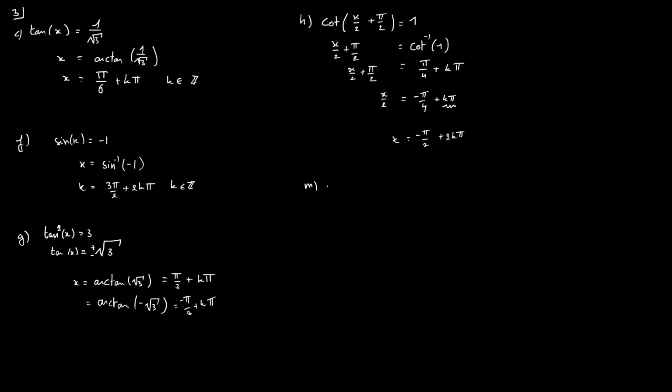In this case, you say sine squared of x plus 4 cosine x minus 4 is equal to 0. You might think, well, something squared plus some kind of function, not squared, minus a constant, that looks very much like a polynomial. And yes, it is very much a polynomial. You could solve it as a polynomial, and you'll see we'll use the discriminant, but we're a bit stuck because